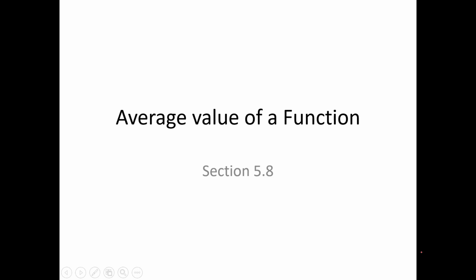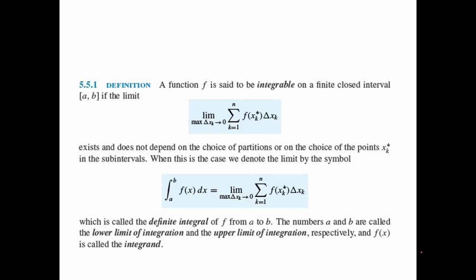We're moving on to section 5.8, and we're going to talk about the average value of a function. Now, in second semester calculus, Math 5B, we will be starting by going over a bunch of applications of the Riemann sums. We started out using Riemann sums to find the area under the curve, and here's what we went over: when we have a Riemann sum that looks like this, we can rewrite it as a definite integral, and we can find the value of this infinite sum